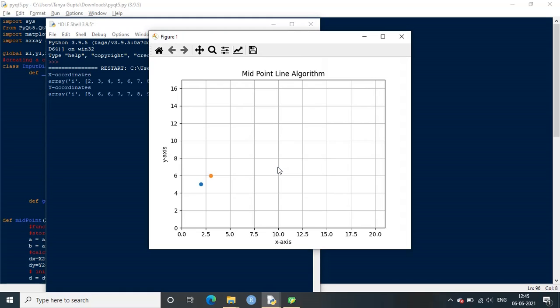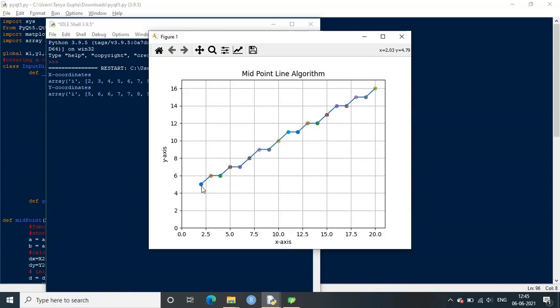After clicking the OK button, a grid will form which has the x-axis and the y-axis, and on this graph the scatter plot will be plotted. In this scatter plot we can see the points being plotted, and after the points get plotted, a line will display starting from the initial coordinate and ending at the final coordinate which the user has entered.